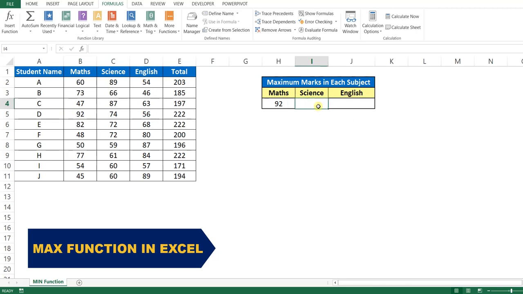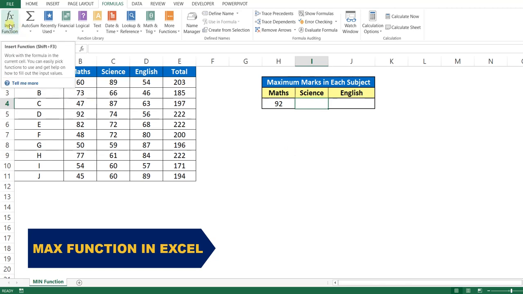Similarly we can also calculate the maximum marks obtained in the subject science, but this time we will see a different method. As you can see, there are various function categories available in this function library group like financial functions, logical functions, text functions, but it is not practically possible to remember exactly which function is available in which category. So many of you may not be aware that this MAX function is available under the More Functions category and under the statistical functions category. But don't worry about this, we have this second method which will tackle this problem.